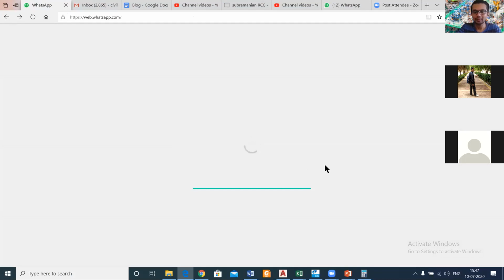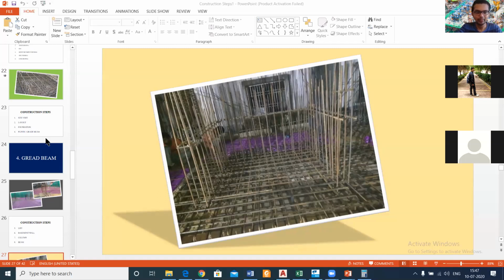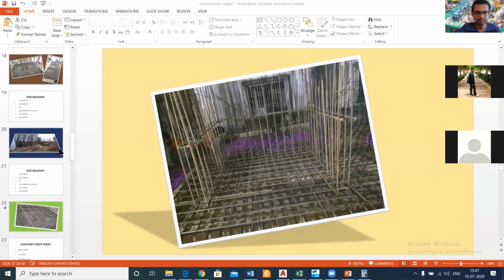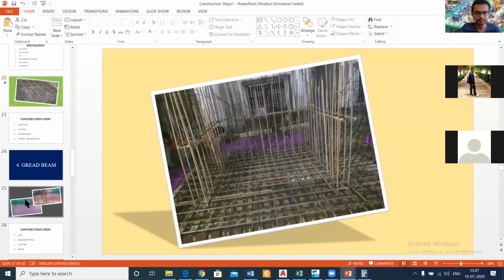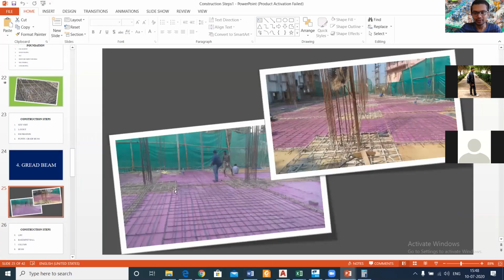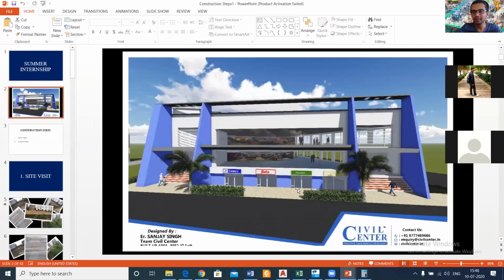No, grade beams are not the same as plinth beams. Grade beams are provided at the top of the foundation level, the top of the footing level, and plinth beams are provided at the level at which your ground floor starts. So they are basically different, as we had shown in the picture also. It was at the position at which the basement was done. I'll show you. So this is the level at which the basement was done. As you can see in this picture, at this basement level, the grade beam was done.